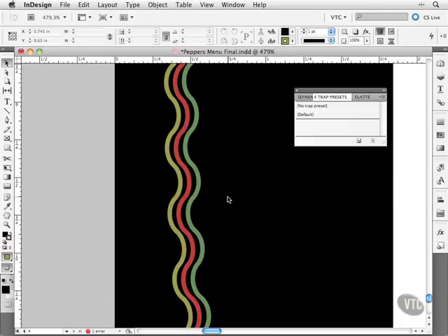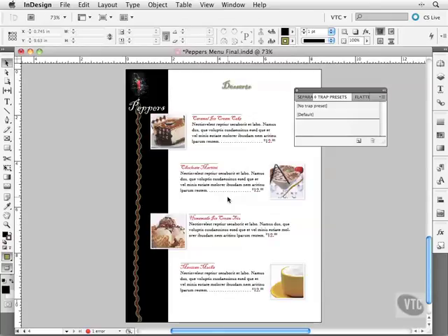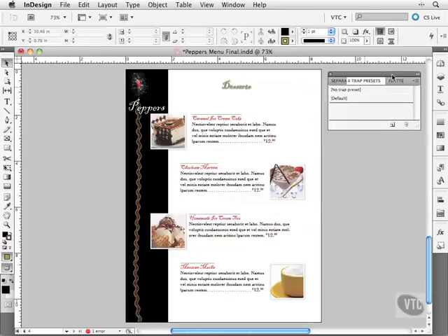Badly registered is probably a wrong term, because little shakes in the press that can cause these gaps are just a normal feature of printing. Trapping is actually what solves the problem. So this is really for pre-press professionals, so we're not really going to delve into it any deeper than this. So let me zoom out and I'll just briefly look at one of the other options here, and that is